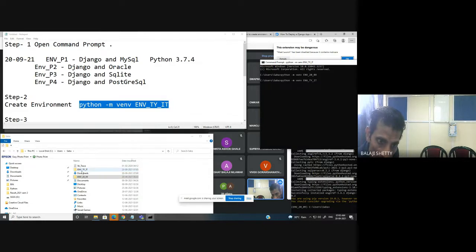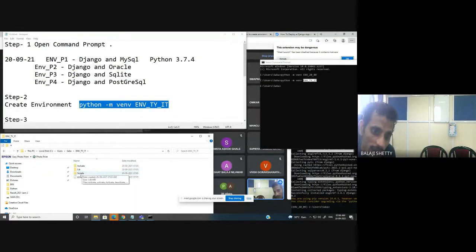Could you see the changes here? Whatever name I have written here, immediately the folder is created under the C Users Saba directory. You can see here environment tyit. Clear? What is my next step? My next step is to activate the environment.